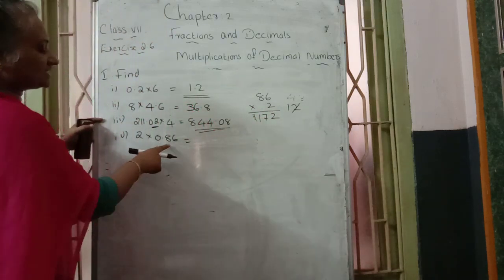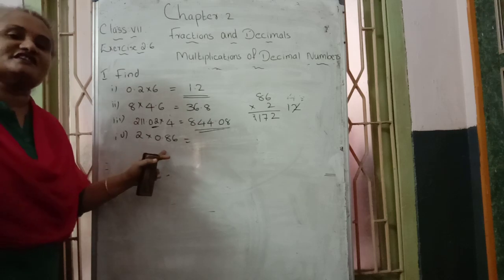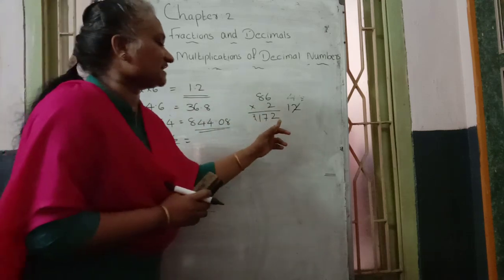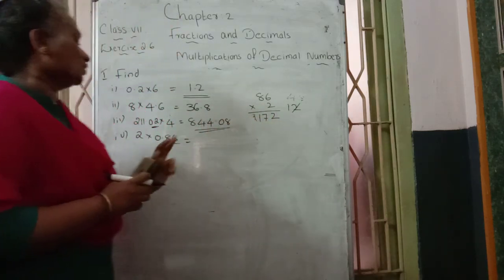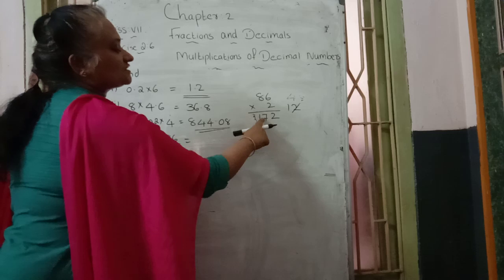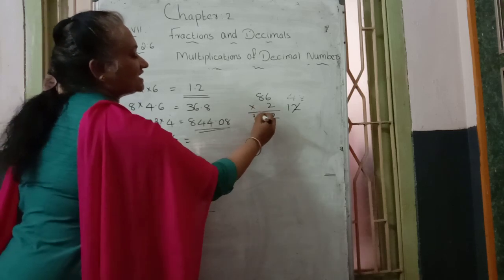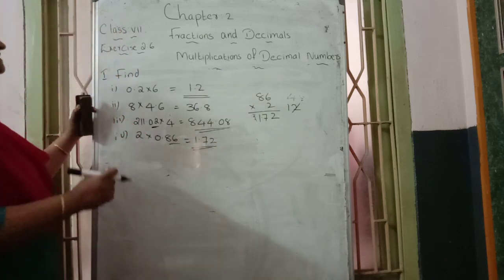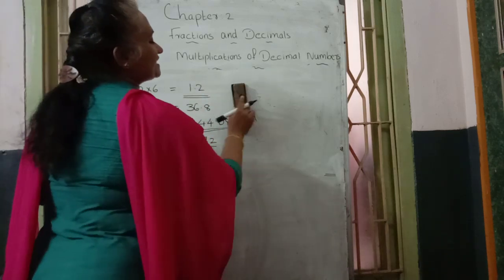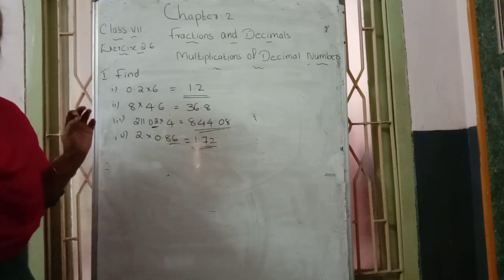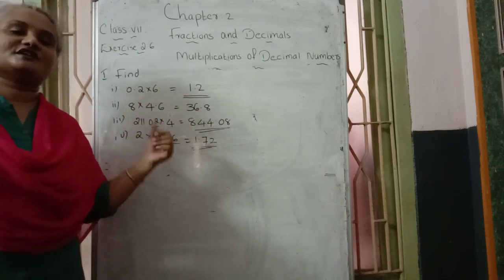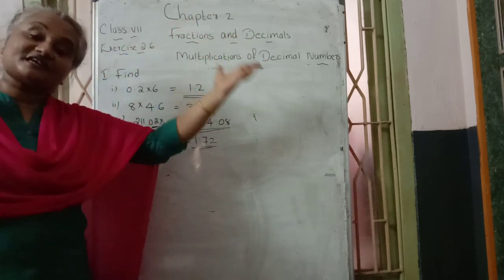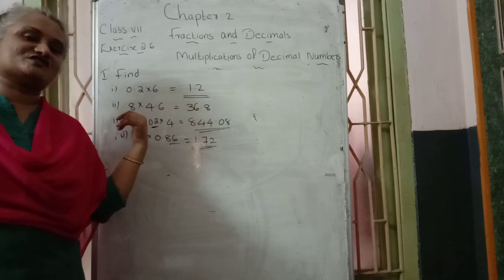Here see, in the multiplicand place after the decimal point how many digits are there? 2 digits are there. That's why in the answer place from right to left we take 2 places and put a decimal point. So 1.72 is the answer. I hope you understand how to multiply decimal numbers in this way. We just multiply only the numbers first. Take only the numbers and multiply. After multiplication, look at the question.